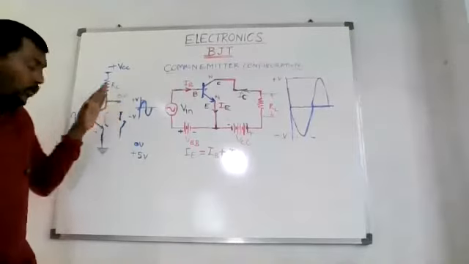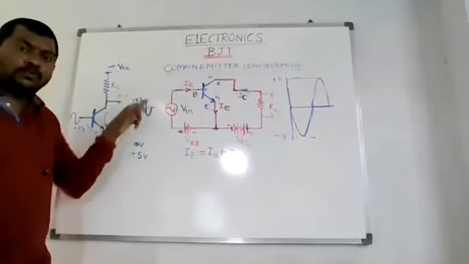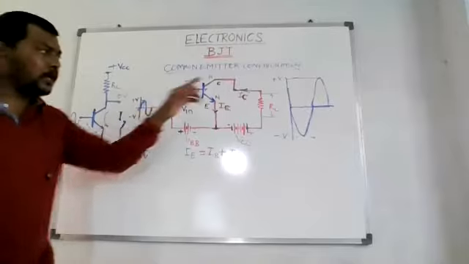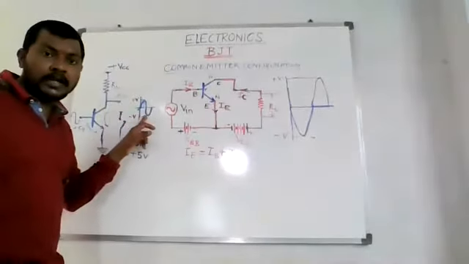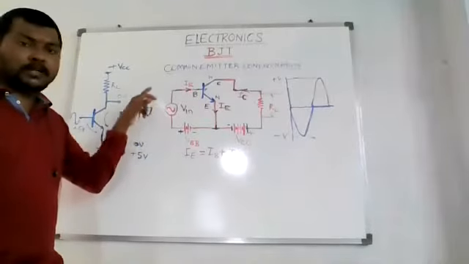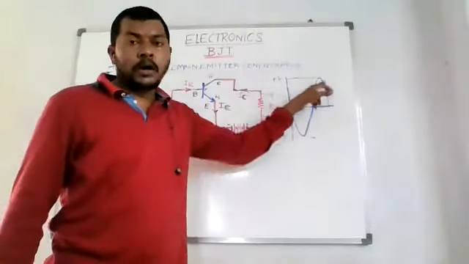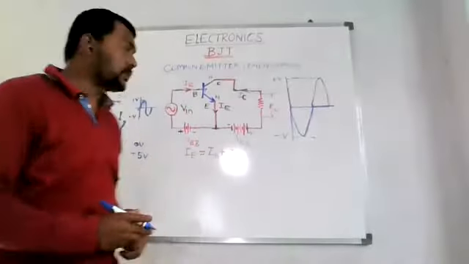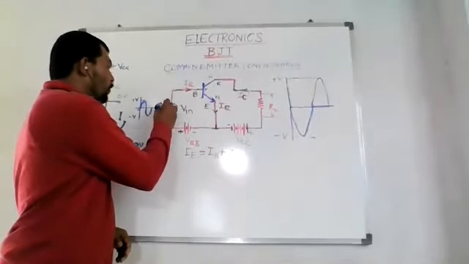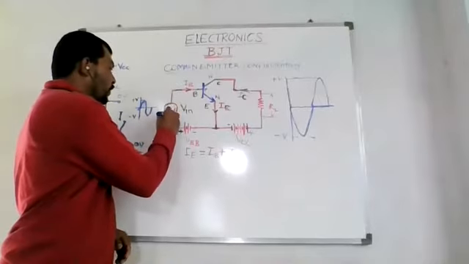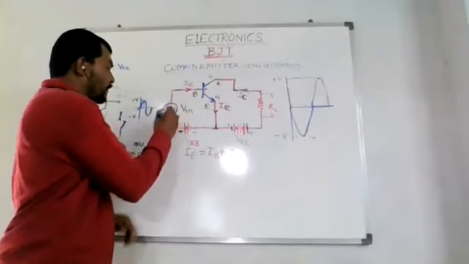Accordingly, if you apply the AC voltage for positive half cycle, it is going to give you the negative half. Whereas when you give the negative half to this common emitter amplifier, it is supposed to give a positive half. And therefore, we say that this common emitter amplifier gives a 180-degree phase shift. What do you mean by 180-degree phase shift?